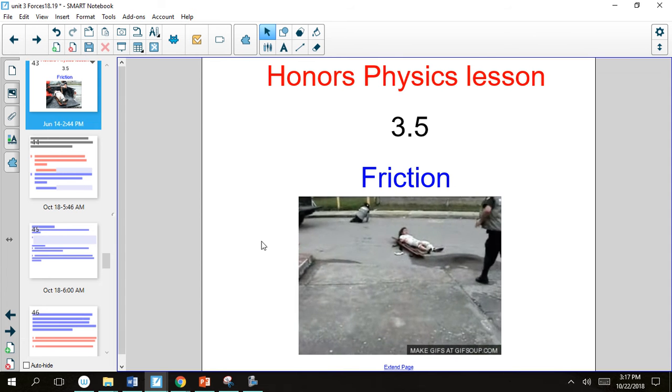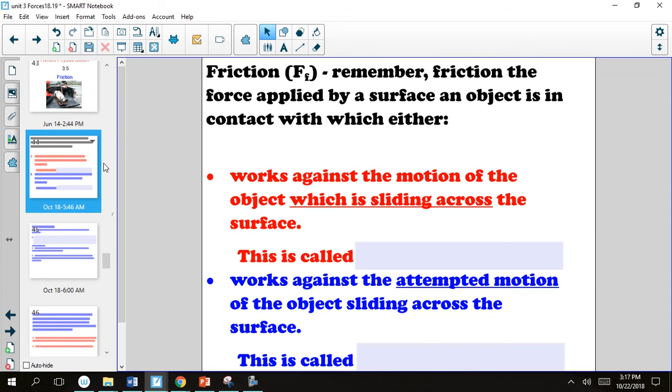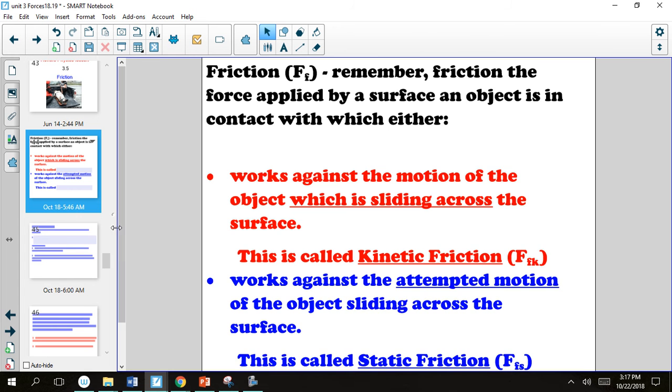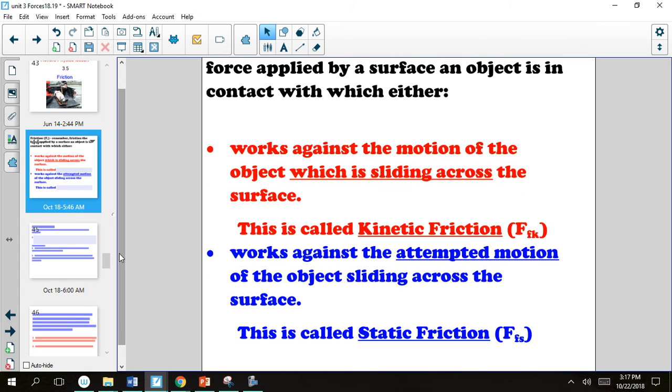All right. Anyways, 3.5. Let's talk about some friction. There's two types of friction that we're going to deal with. The first is called kinetic, and the second is called static. And technically, we're going to deal with static first, and then kinetic. But either way, we're resisting the motion of an object. So one happens when an object is actually in motion. That's called kinetic. And one is when an object is trying to move but doesn't quite get there, and that's